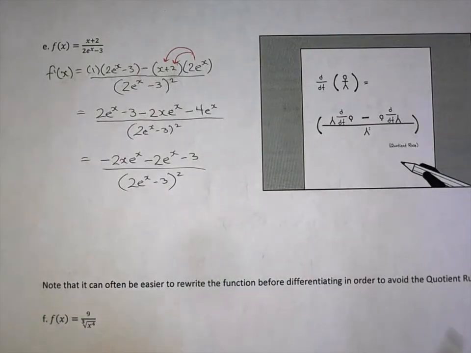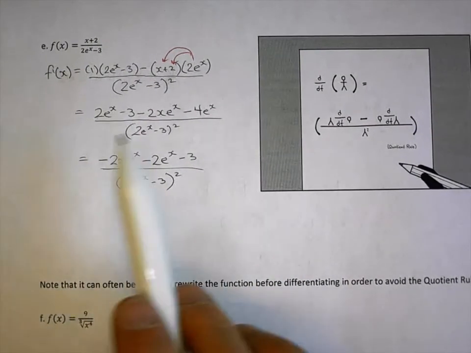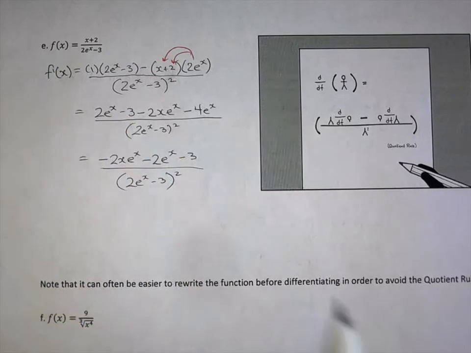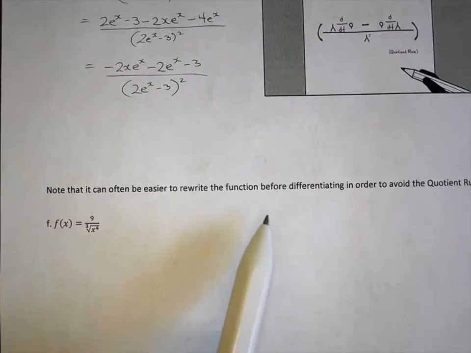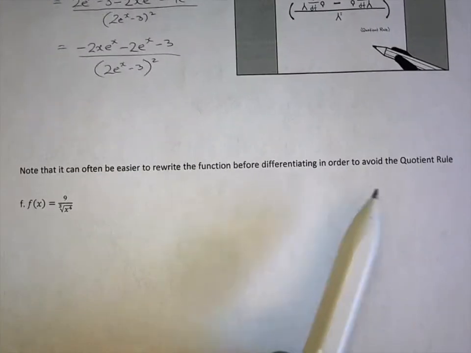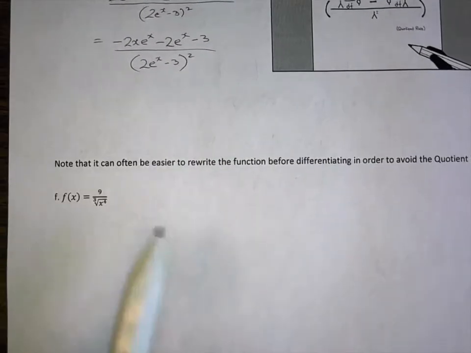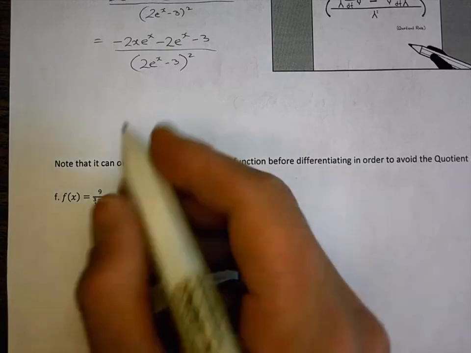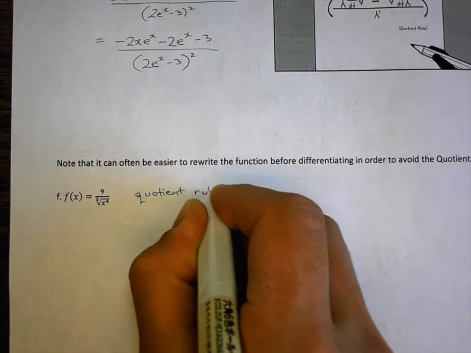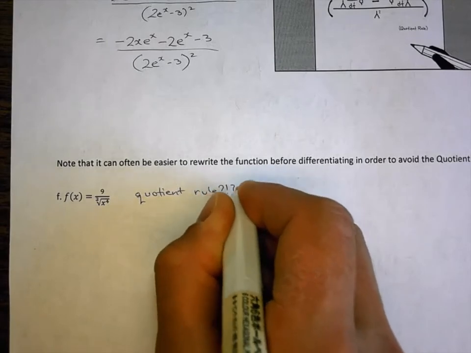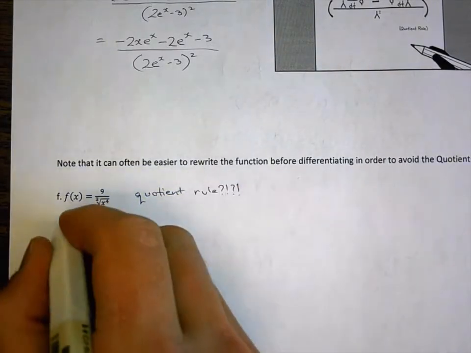We've done it many different times. You get these difficult questions. Just be careful about collecting your like terms. Note that it's often easier to rewrite the function before differentiating in order to avoid the quotient rule. So if you have a question like this, you could do quotient rule. But would you? What about instead